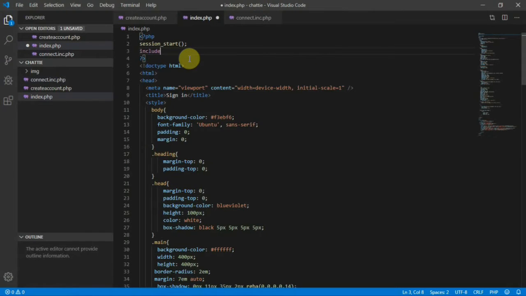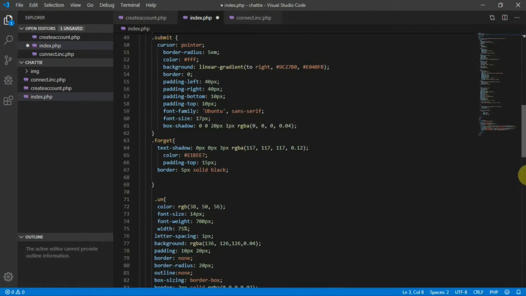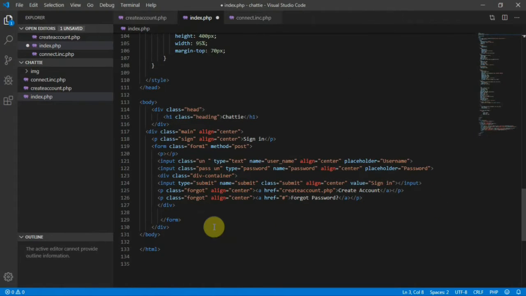So we do this by clicking on include, the name of our file, which is connect.in.php. Now let's just start with our code. So right now we just need to make this required,